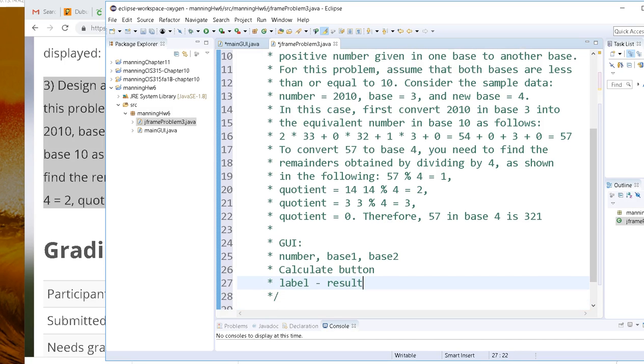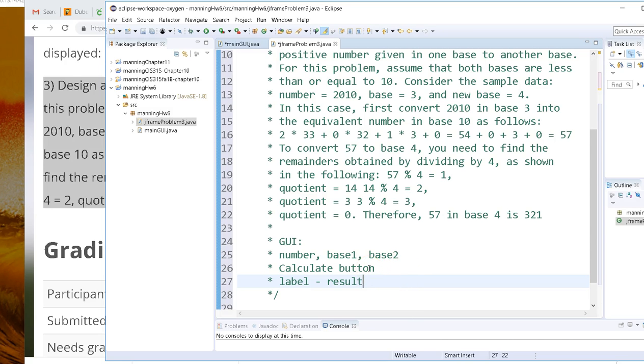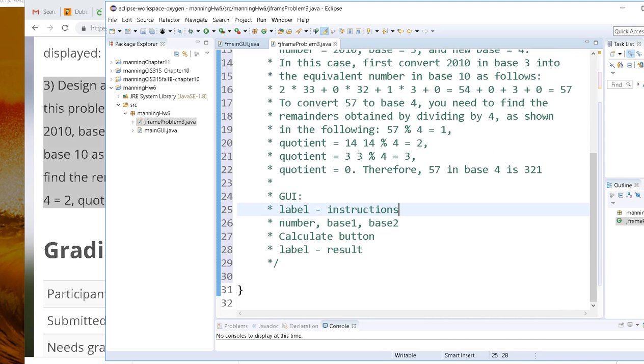Let's call it result. Now how we lay it out is our choice. Oh, there should probably be a label for instructions. Now, as we build a little more and lay them out by hand, it'll be more friendly looking,